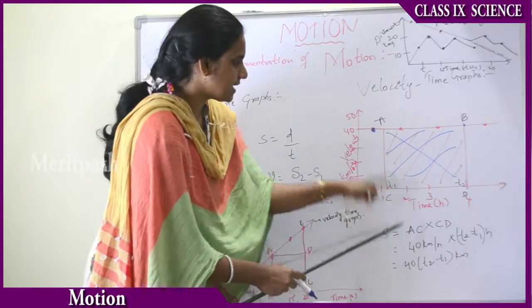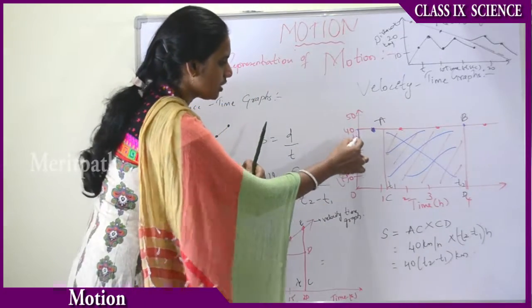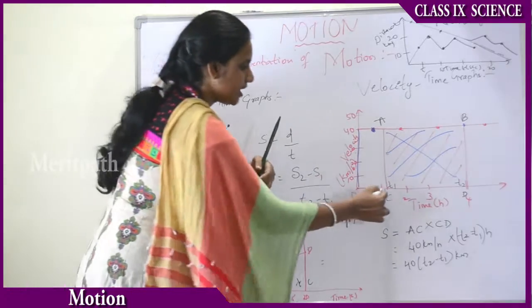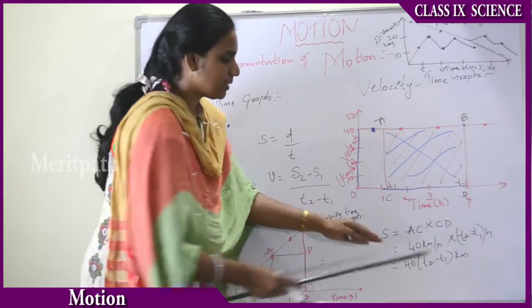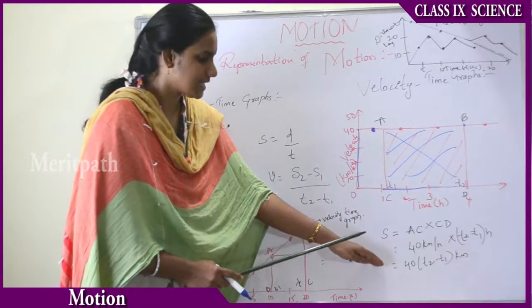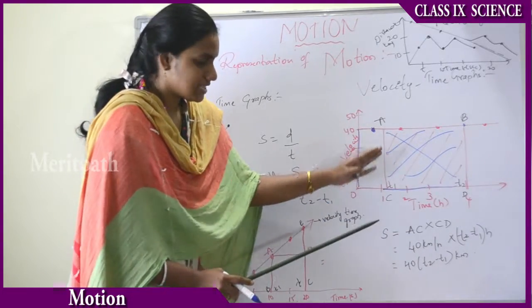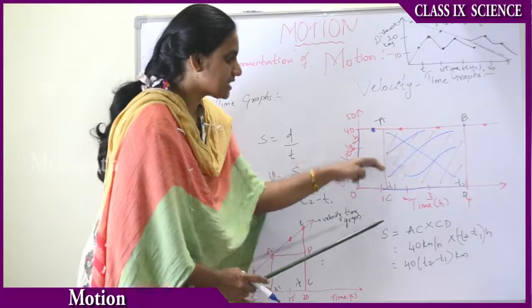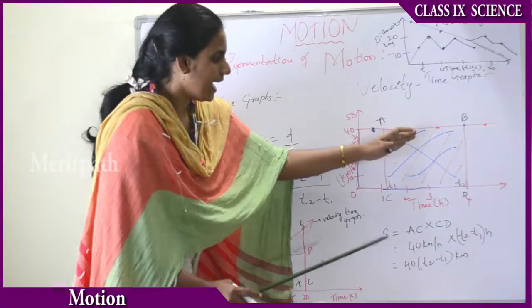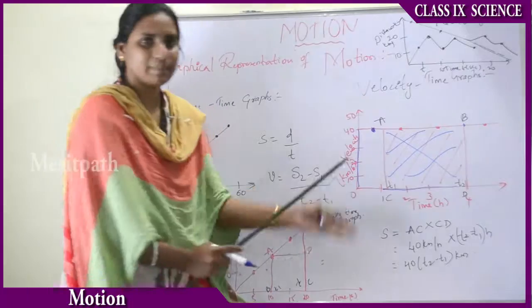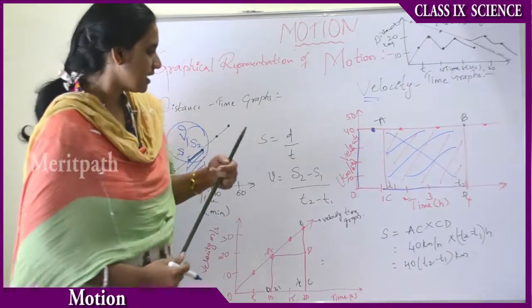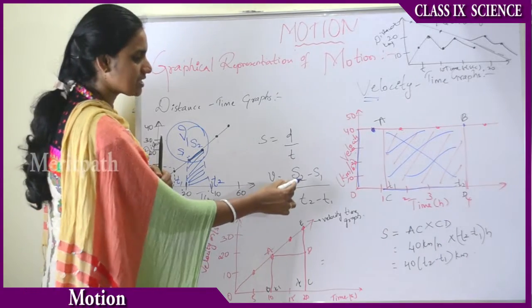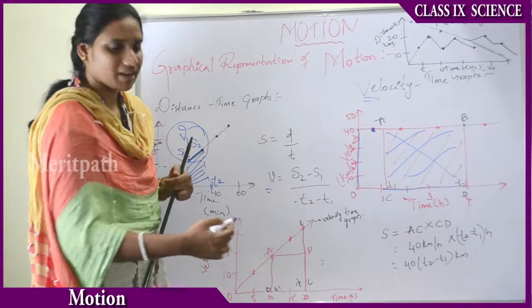Therefore we can say AC is 40 kilometers, as we have shown here, the length, and the breadth will be T2 minus T1. Therefore 40 into T2 minus T1 will be given as the area, that is, the area of the total distance covered by the car, and the distance by time will give the velocity, that is the velocity graph. As shown here, velocity will be equal to distance by time covered.